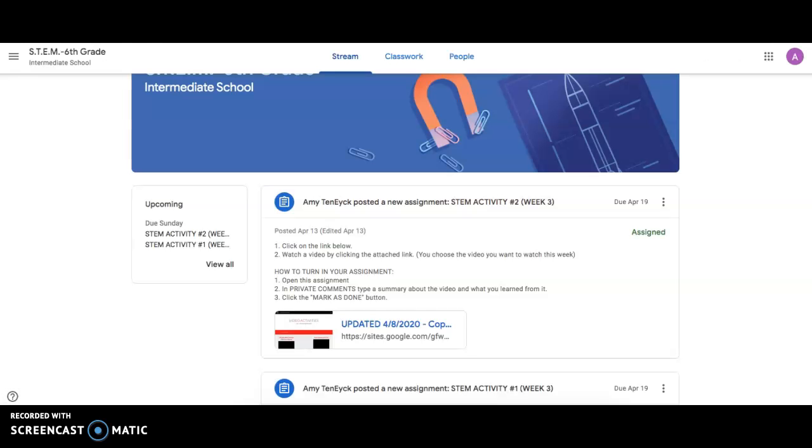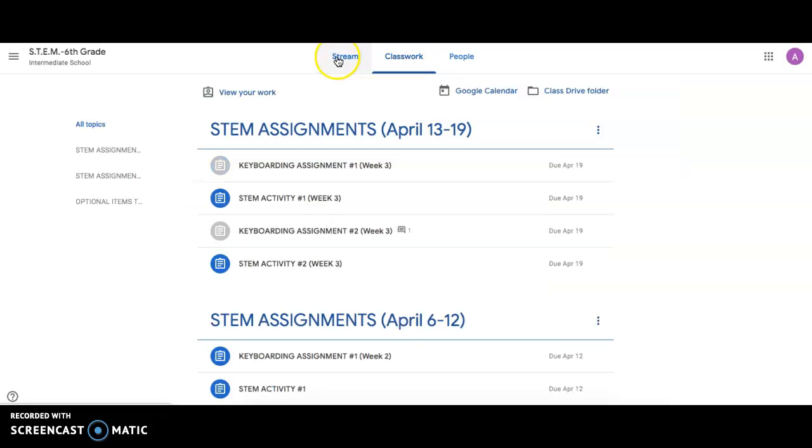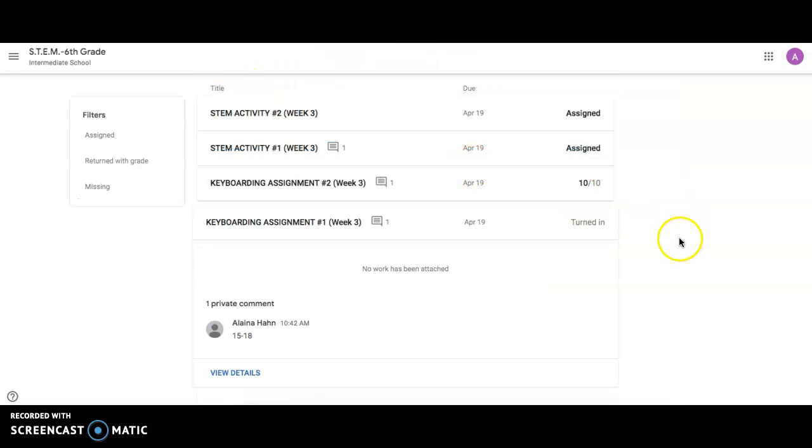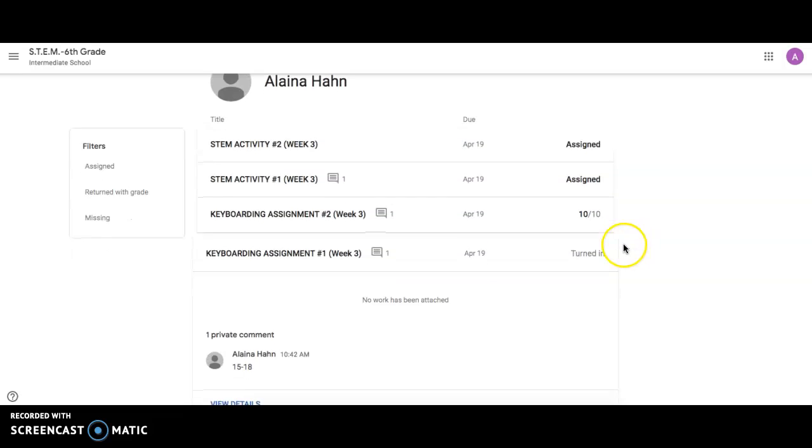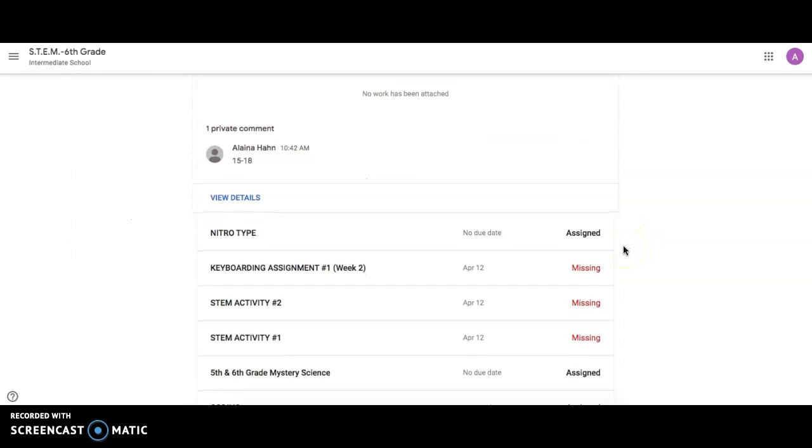Oh, I just clicked on it. I didn't actually read the directions. I better go back and read the directions first. Okay, and this is in the stream. Here's classwork, or viewing all of your work. Okay, so let's take a look at